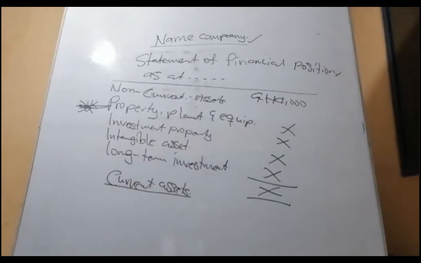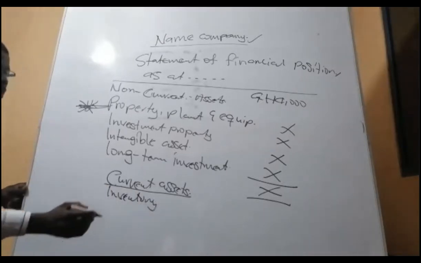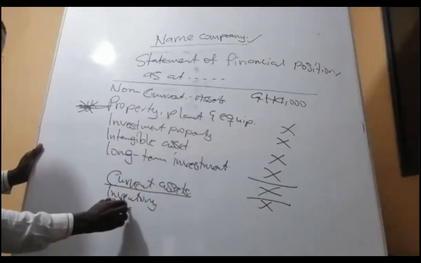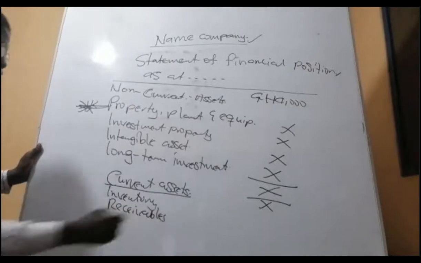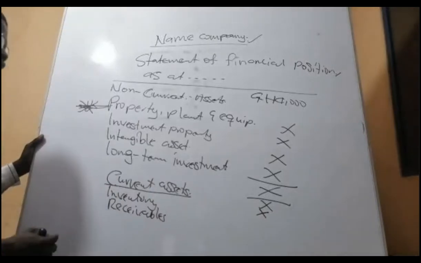And the current assets, the big three, what are they? Any idea about current assets? Stock, right? Okay, good. Stock is also called inventory. So I write the inventory. Perfect. Then we continue the game. Then you go to receivables, right? Receivables. Then that one, do the same thing. Remain there, then you continue the game.